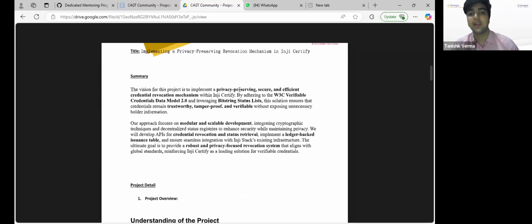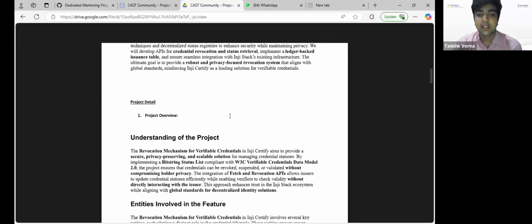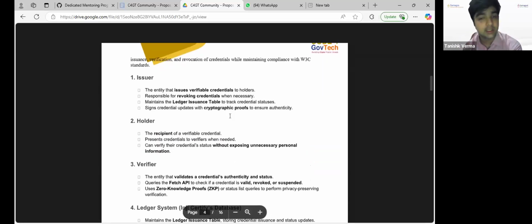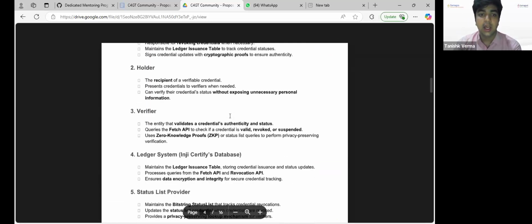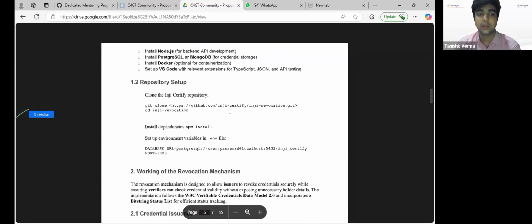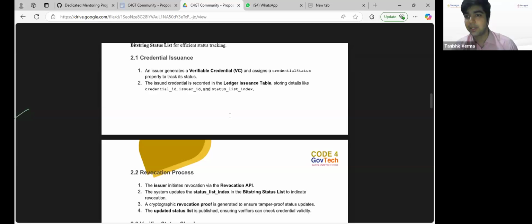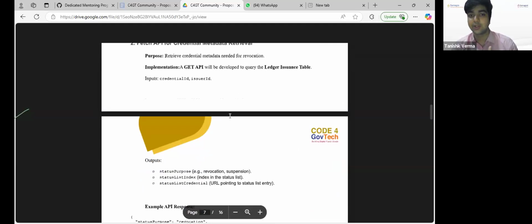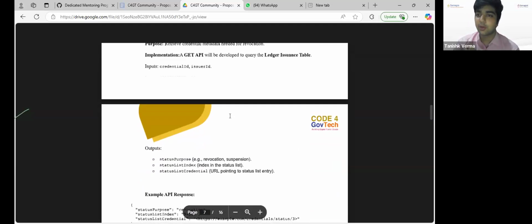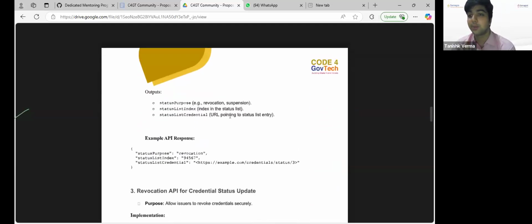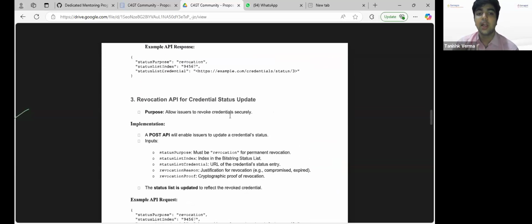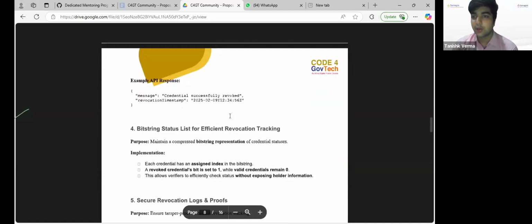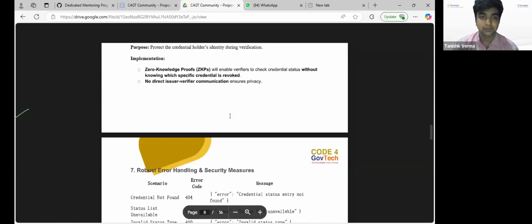So there is a summary, and with the vision, there are project details where the contributor just explained the understanding of what will be the components involved here, what will be the setup, what will be the basic implementation plan, and the more details you go into: the implementation and the milestones, what kind of APIs you want to build, and what kind of intermediary support you will need from the organization to update that particular project or pull request. That will add to your application quality as well.